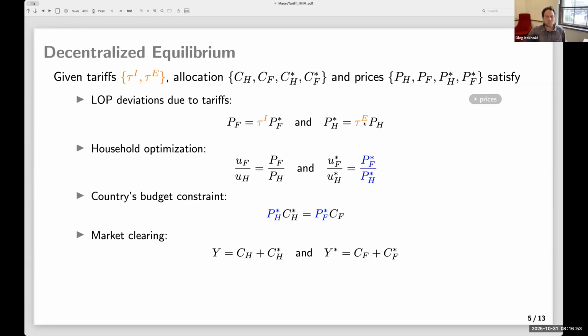There are other policy instruments, like inflation and default, that the planner can choose. I'm going to shut that out, right? I'm going to hold monetary policy constant, stabilizing essentially domestic producer prices or domestic wholesale prices if you want. And I'm going to rule out default. And so only two instruments are the import tariff and the export tax. Then the decentralized equilibrium is these five conditions.